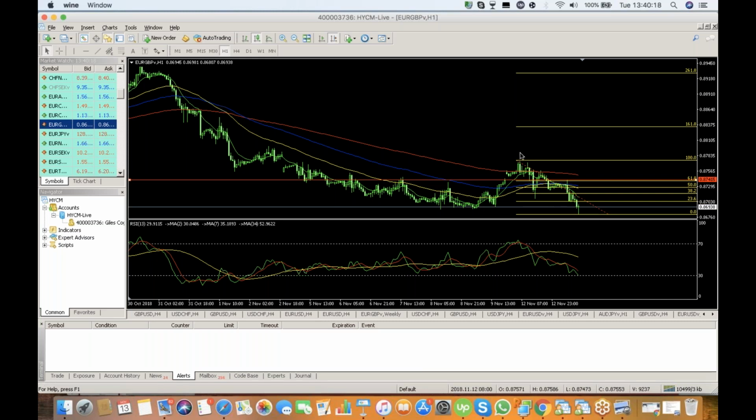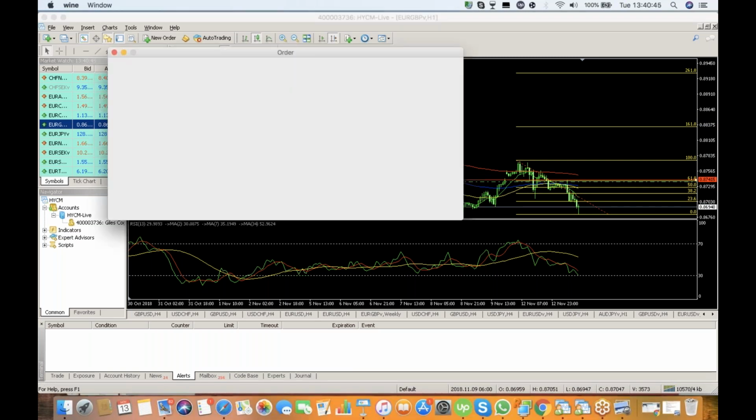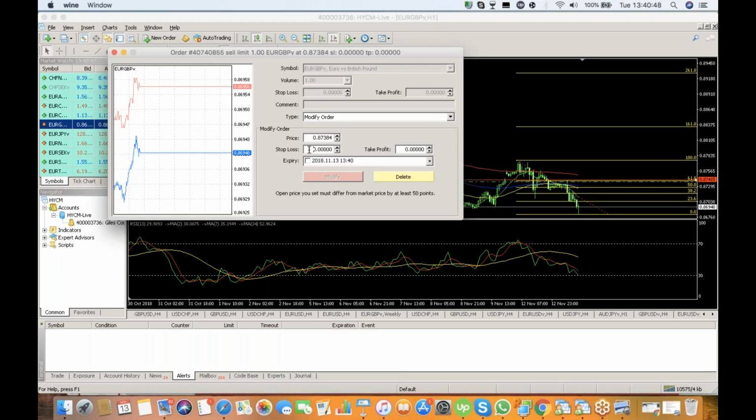So we can see there's a key resistance level there. We have the 61.8% retracement level, and we have the 200 moving average as a logical place to put our stops just above. So when you put that all together, you could sell, put your limit order in there, just at the 61.8% level. Then we'll put our stops just above